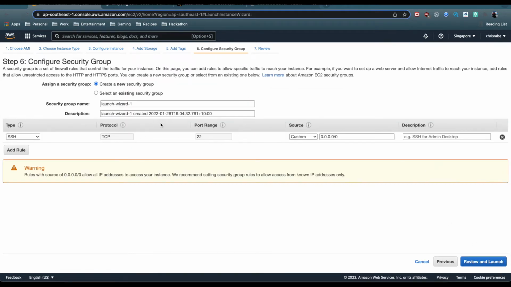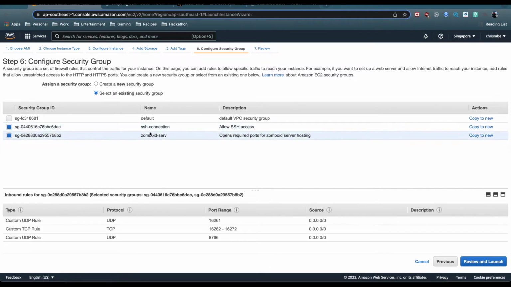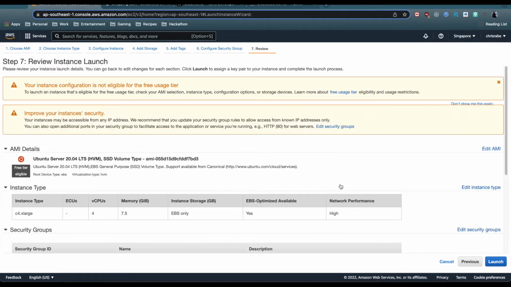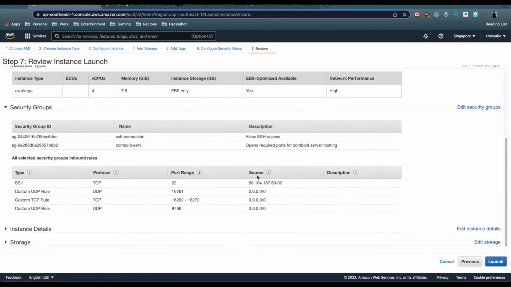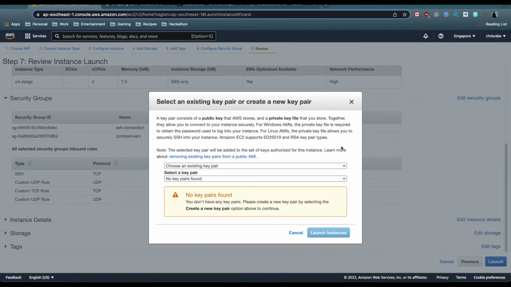Configure security group. So what we want to do here is select the existing security group, and if you created the security group from the beginning of this tutorial, you then select those two security groups that we created earlier, and then you just hit review and launch, and then you just hit launch here, which